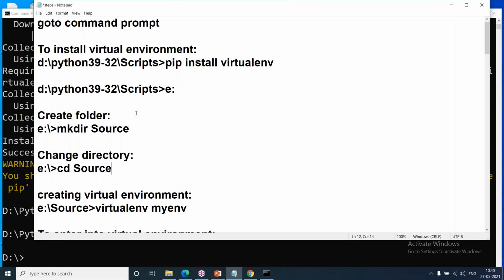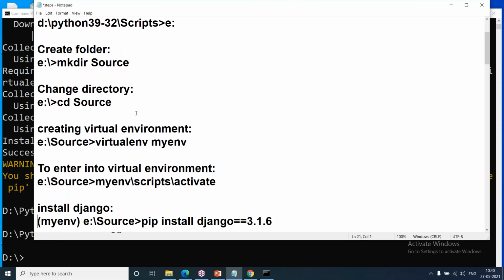And we'll create a folder. So here you can see make directory source is given. Make directory is a DOS command. You can create this using right click also. In my PC, right click, new folder, like that also we can create. Make directory is a very old DOS command we are using, because I am working at the command prompt.